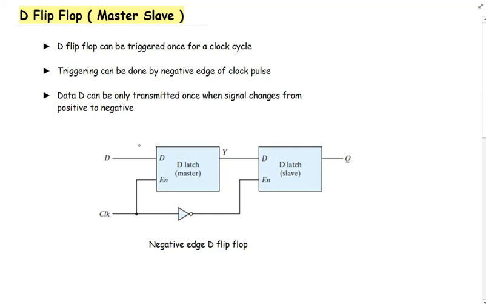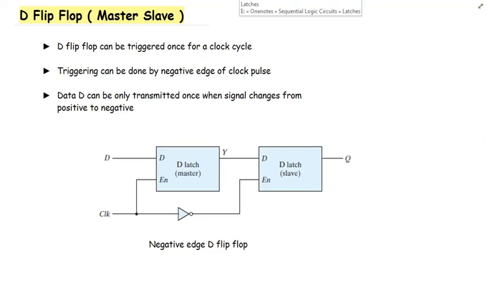Today we are starting with the first type of flip-flop, which is master-slave D flip-flop. Here we can see the logical diagram of a D flip-flop. The basic construction unit of this kind of circuit is a D latch. We have already discussed in last lectures what is a D latch and how it responds to the different data signals applied at its inputs.